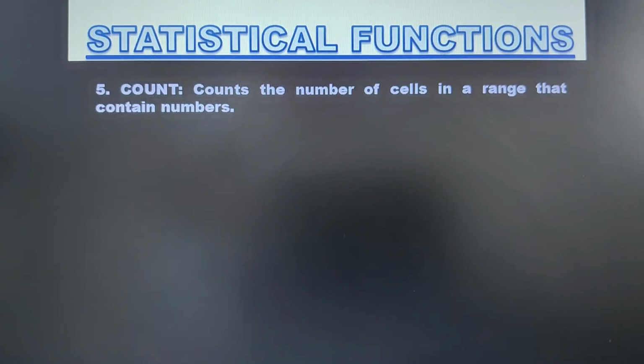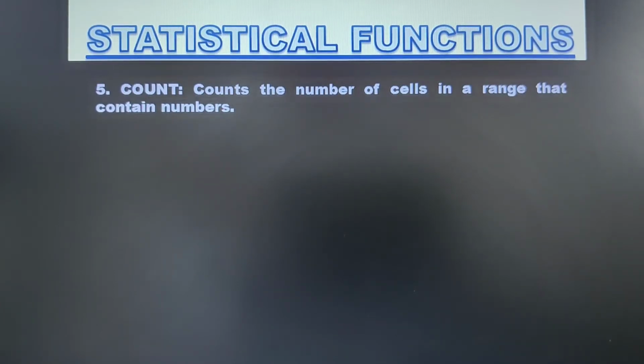Moving on to the next function, that is COUNT. Count would help you to count the number of cells in a range that contain numbers. I think we have already seen this option in the AutoSum function. Suppose you have 10 values in 10 different cells, and in the 11th cell, A11, you enter the function equals COUNT of, selecting the range from A1 to A10. That function would return the answer as 10, saying that there are 10 different values in the cells. So it will count the number of cells in a range.